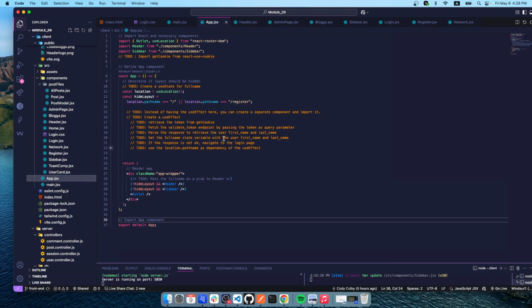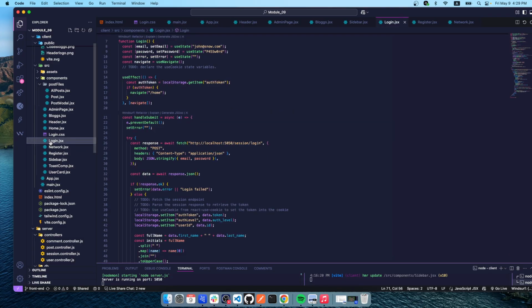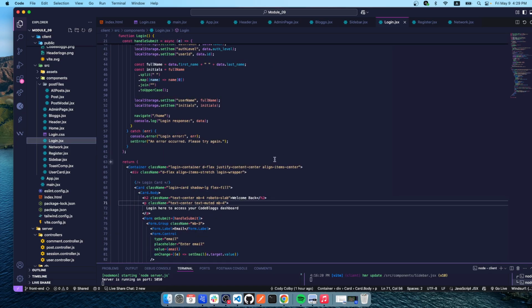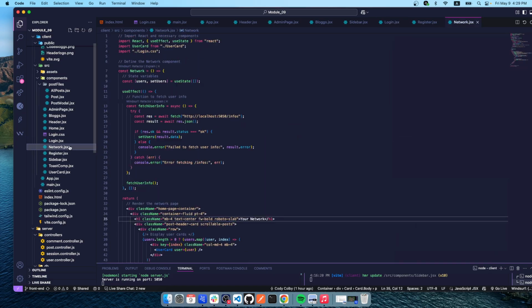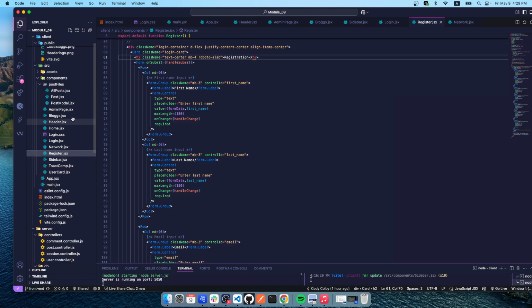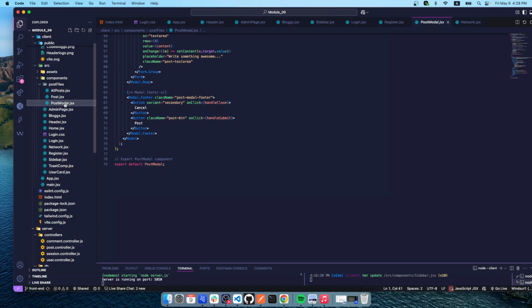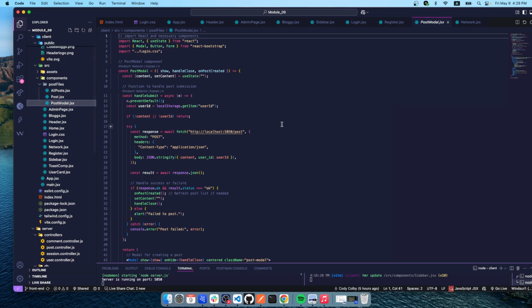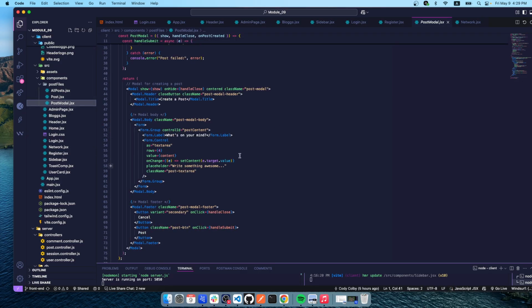I still have some things I ran out of time, but I want to go back and do this for my validation for my session tokens to store the cookies. Right now, I have them all basically being stored in the local host local session. So I need to make some corrections there. I have my login information. I have pages for my network for the register, and all these are separate. I do have a post modal here, which is similar to what I showed you with the all post. So I can create this here, and then I can link that in, I believe to,